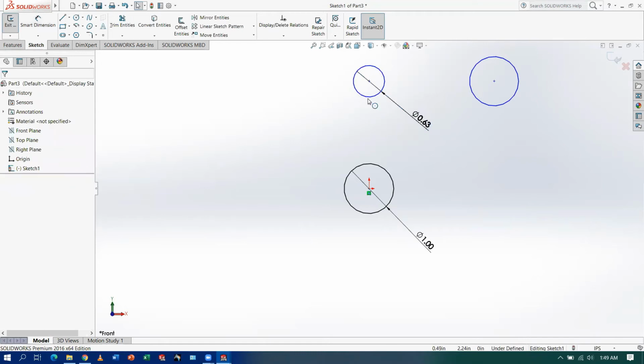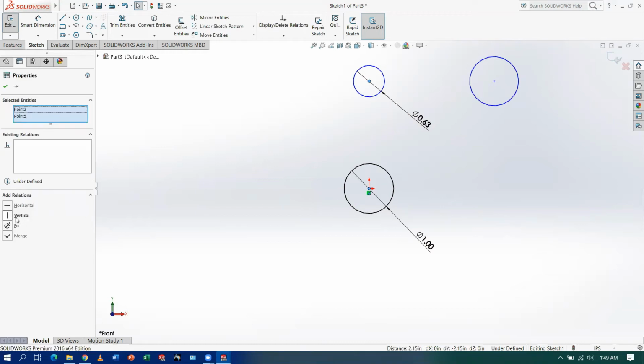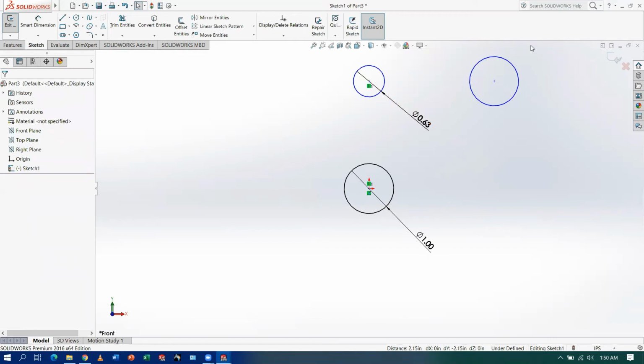I just need to set this circle and this circle in the same line, that is, in a horizontal line. Select this line, control, and select this, not line, this point, and mark this vertical. Okay, I need to do the same here.